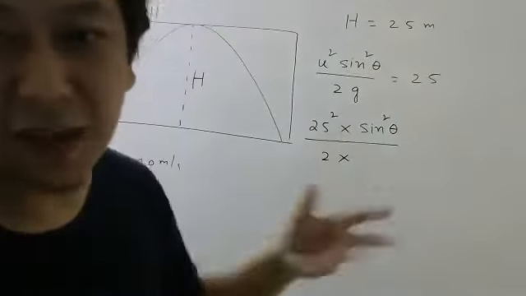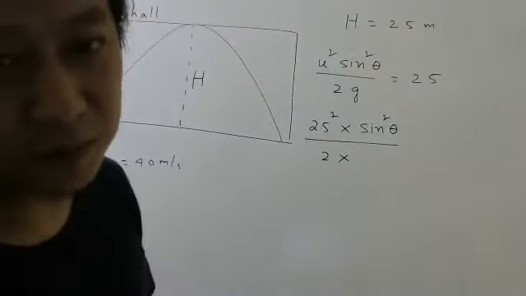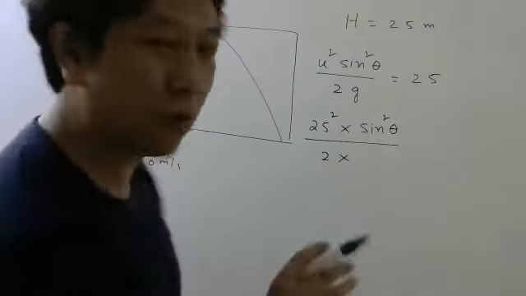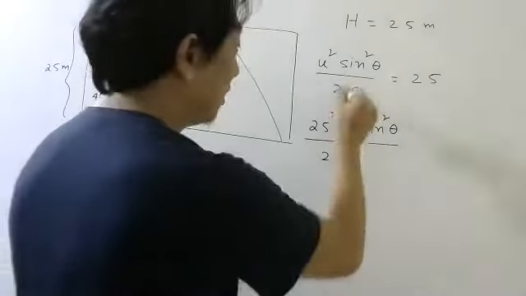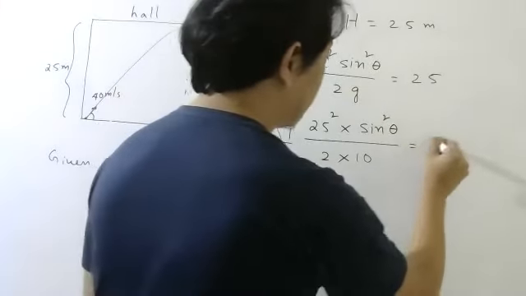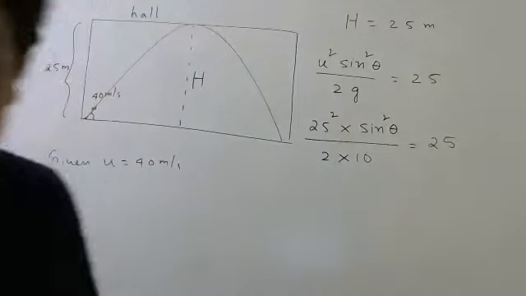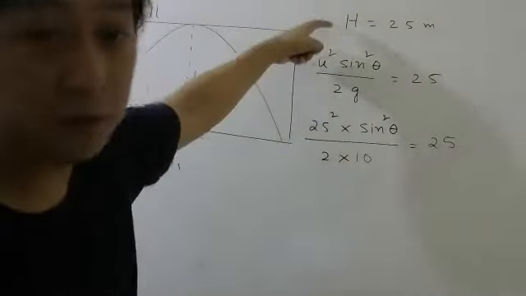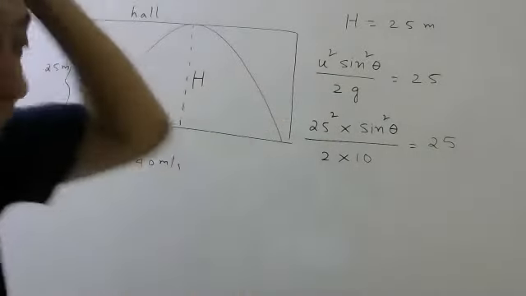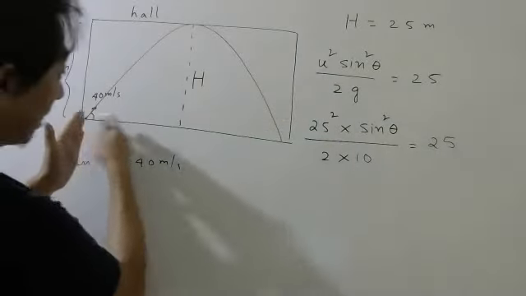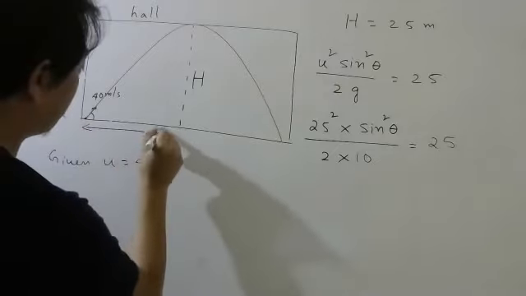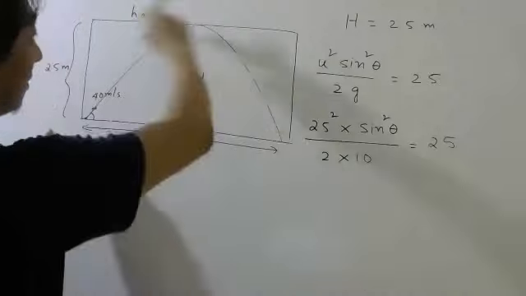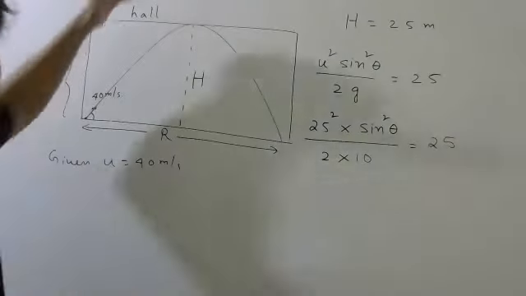Students, I will take g value 10, okay, to simplify the problem. At home, you try with 9.8 and check how much you will get. Almost same answer you will get. So g value I will take 10. Okay, students, till here everything is clear. Substitution, everything is clear. We have used the formula for maximum height, because this is the maximum distance it can go without hitting. If it is more than that, it will hit.